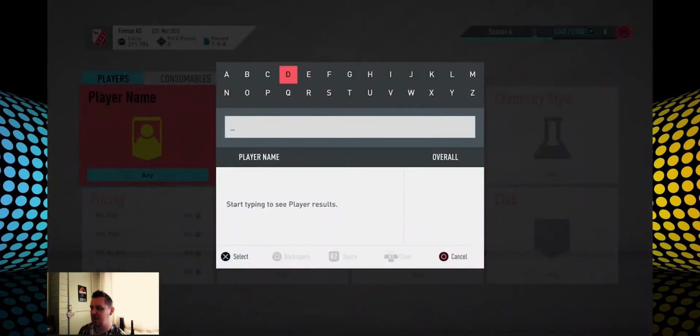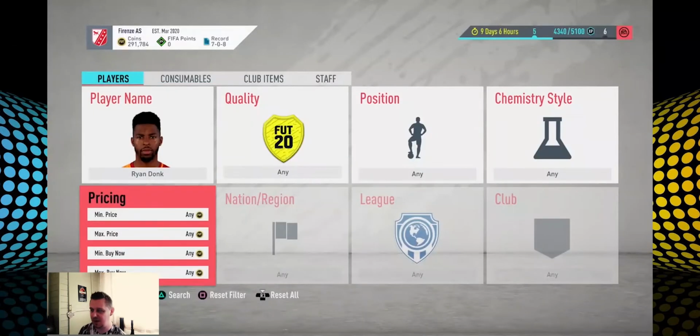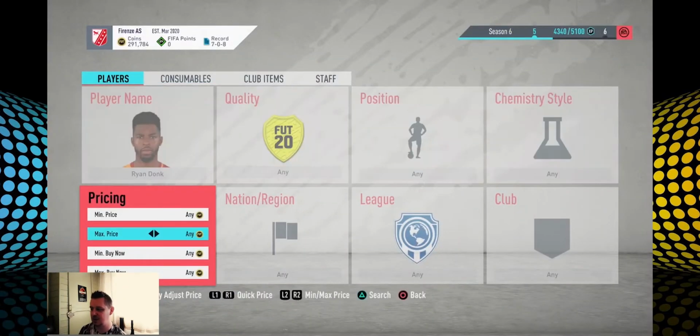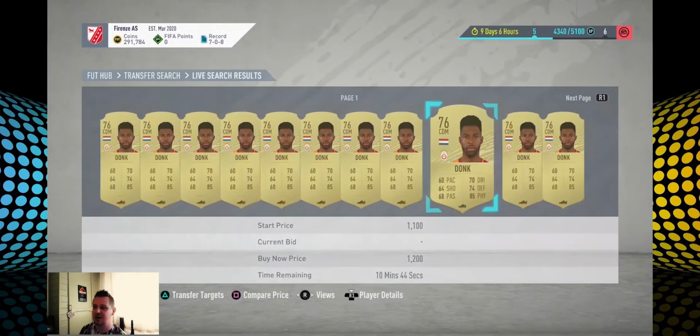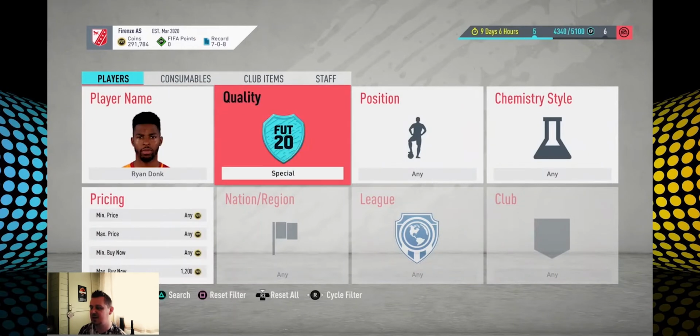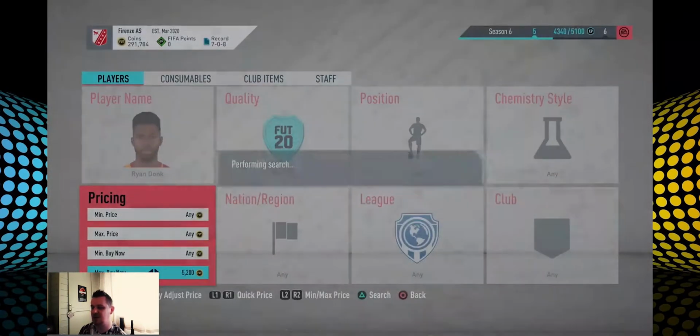So we're going to move on to our next card, which is Donk, obviously a recent team of the season. He is a gold rare, but he also has a UCL card as well. Just going to check and see what his standard card is going for. So yeah, there's no coins to be made on this card. However, the special card is going for a little bit of coins at the moment,